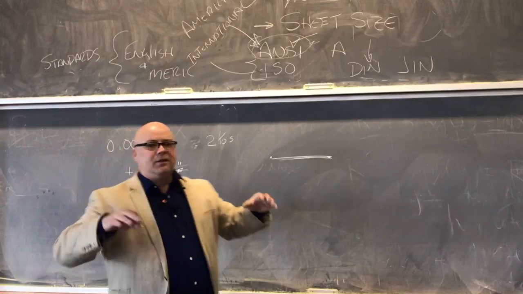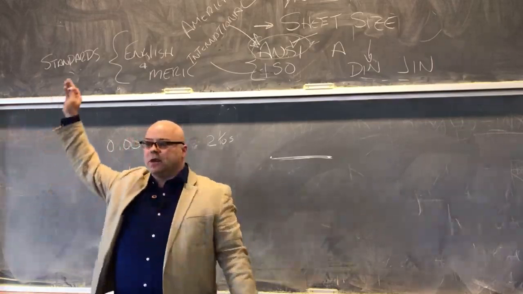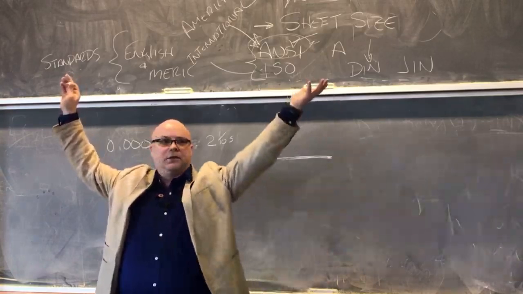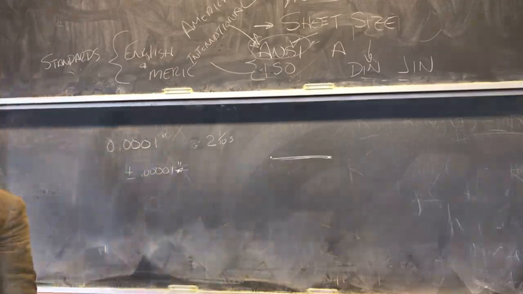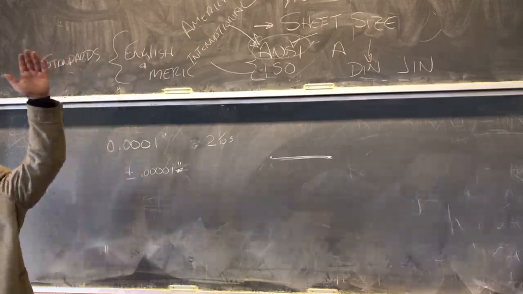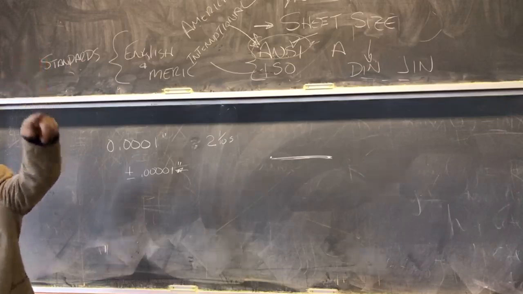So you said be more specific. Who votes we want to make the tolerance tighter? I said we make the tolerance looser if it's not important. Who votes we want to make the tolerance tighter if it's critical? Be proud. Be proud. Who didn't vote that way? You didn't vote that way. You didn't vote. Why not?